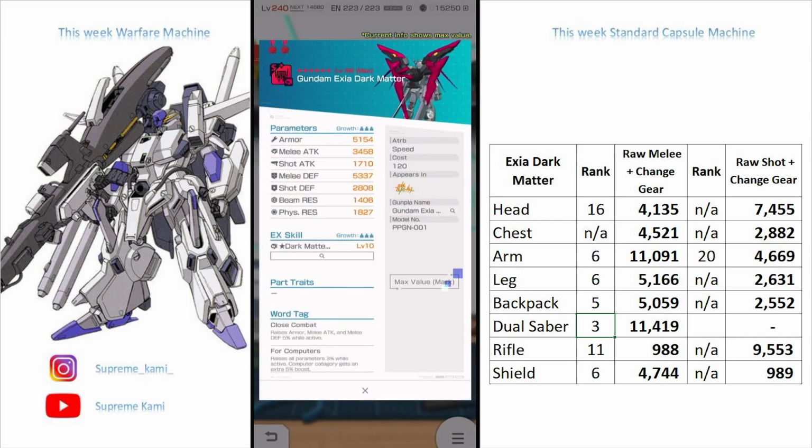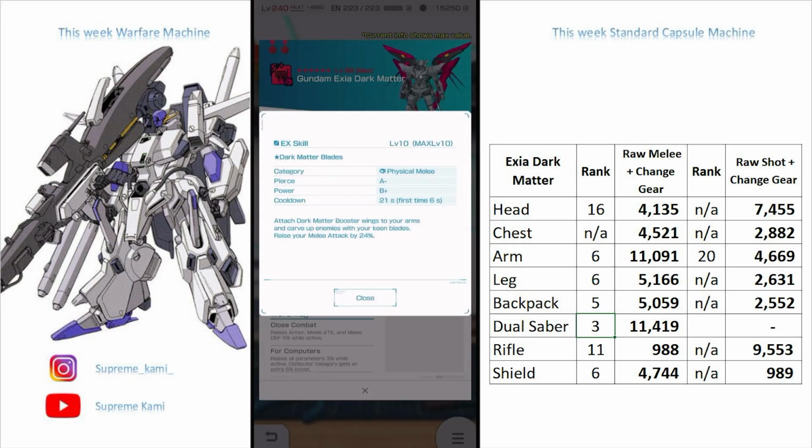In terms of the backpack, the stat is actually pretty good again. This comes in at 5k after the 30% change gear. You have the dark matter blade over here. This one is actually pretty good. This one I'd say is probably a good recipient for alteration as well. This one does come in at B plus power and then A minus pierce. This one also raises